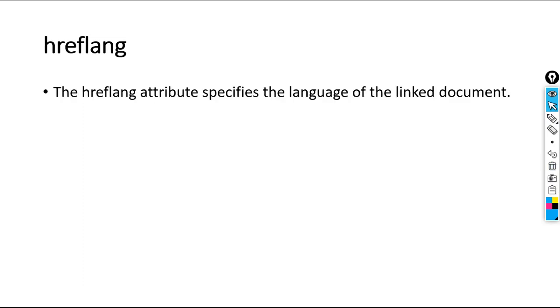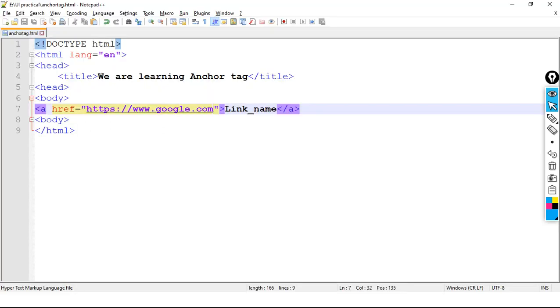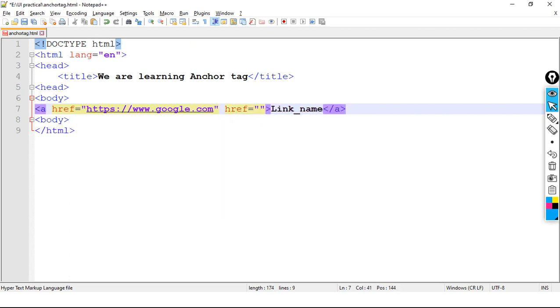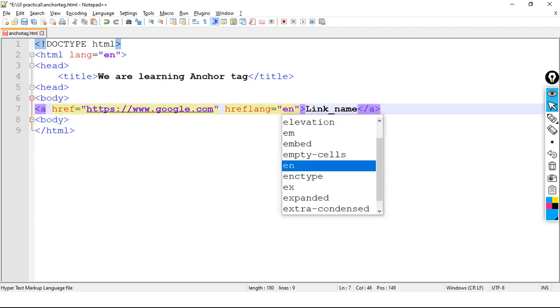The hreflang attribute specifies the language of the linked document. See, observe here. Here I can write href equals, then hreflang equals English.